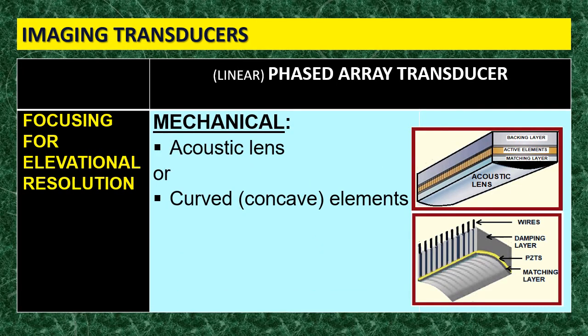Okay, how about the elevation resolution? We know that there is something called lateral resolution, and this is achieved by focusing, the one that we just mentioned now, and this is transmit focusing for the lateral resolution. Now, how about the elevation resolution? Elevation resolution here is focused through mechanical focusing. Okay, and actually, mechanical focusing in these 1D array transducers, all of them, like the phased array, the linear and the curvilinear,